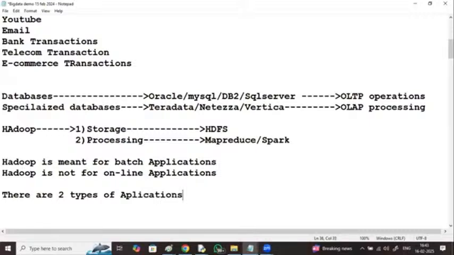Complexity increases. If complexity increases, speed decreases. Total amount from sales of 10 lakh records.